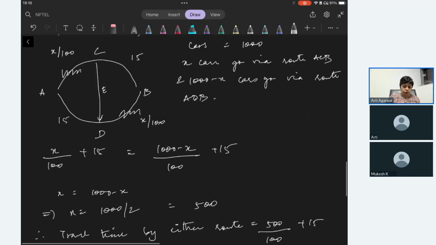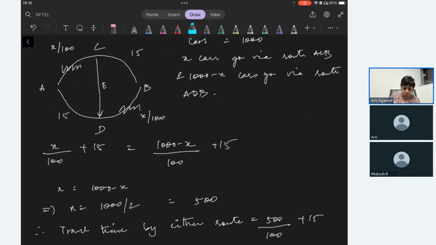Okay, so now what happens is that this new expressway is built, and since cars can move only from C to D, we know that the route they will take is this and this, and then